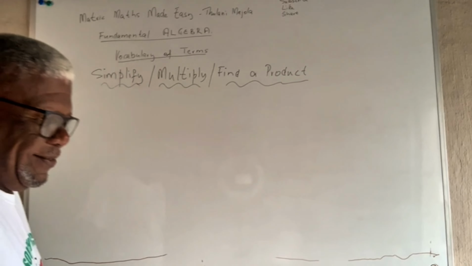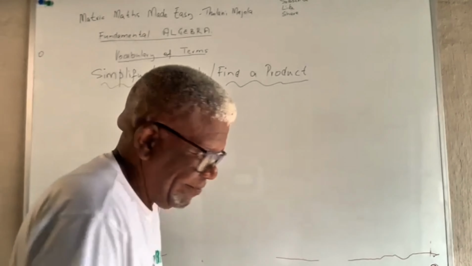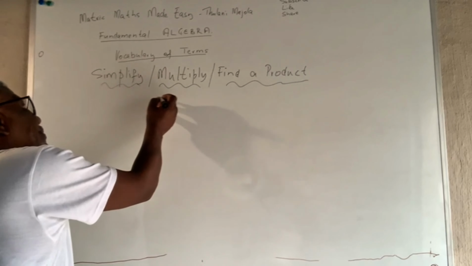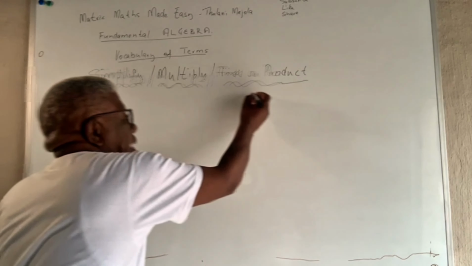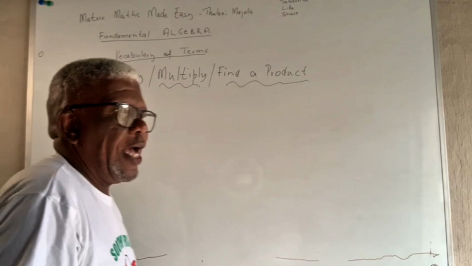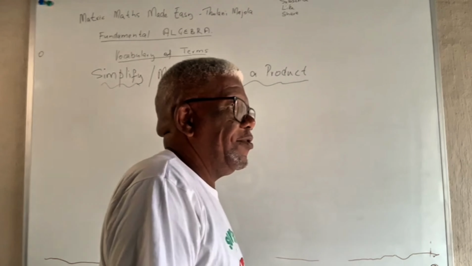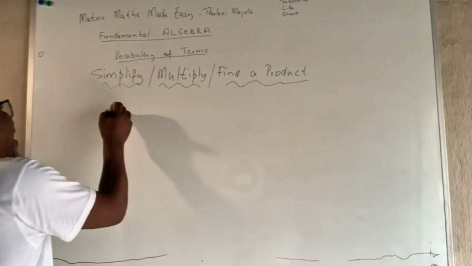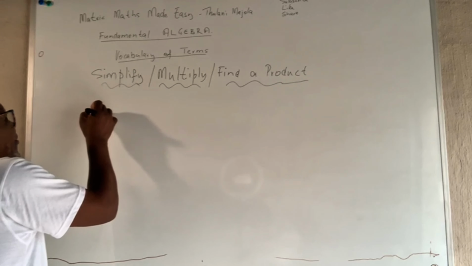Fundamental algebra, vocabulary of terms: simplify, multiply, or find a product. I explained to you in the previous videos the monomial, the binomial, and the trinomial. So when you multiply a monomial